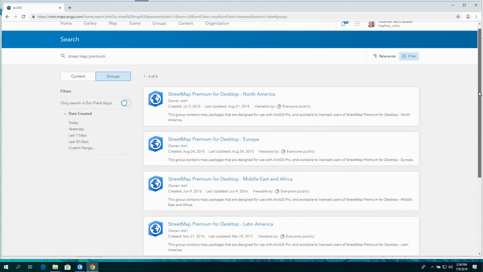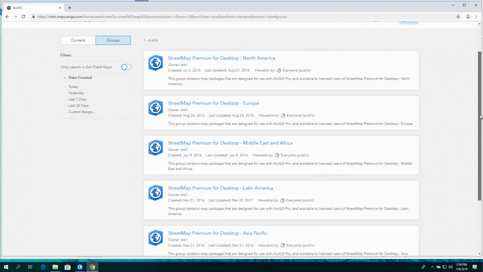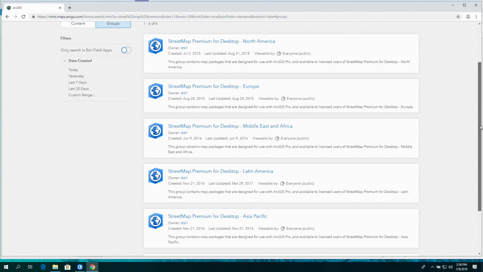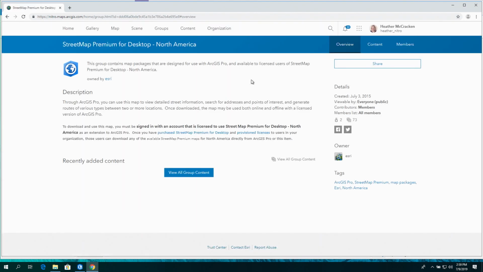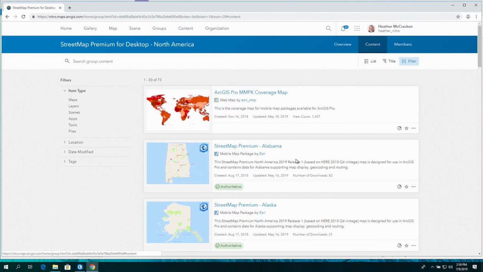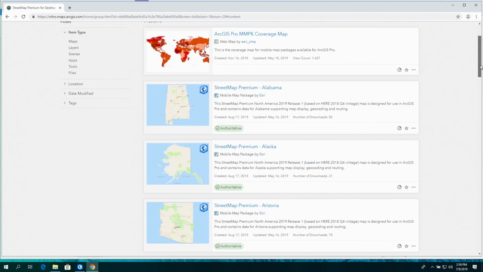And what you'll notice is this is Street Map Premium data for the different regions that map to that Navigator coverage that Scott was showing. We've got maps for North America, Europe, Middle East and Africa, Latin America, and Asia. So hopefully your area of interest is in one of those sections. And let's take a look and see what's in the North American group. You can see that there's 73 different Street Map Premium mobile map packages for you to use as the foundation of your